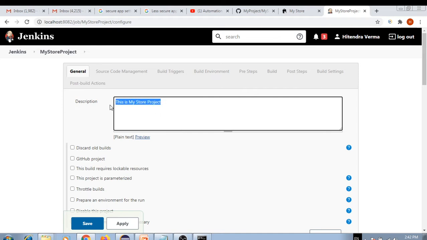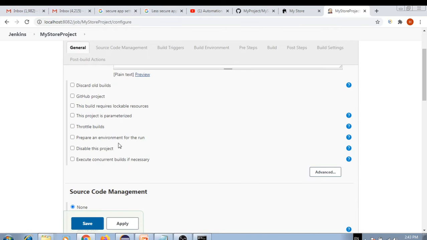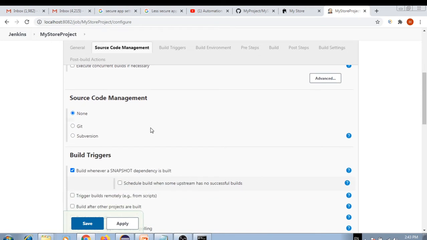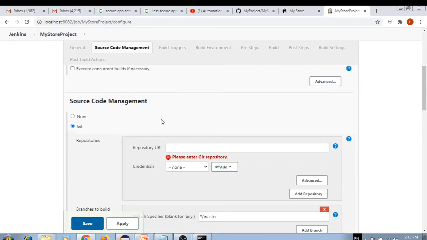This is my store project, so you can give any description. And yeah, we need to select this one. This project is parameterized. For parameterization, later on we'll do that. And just come back to this source code management. Since we are using Git for SCM, source code management, we'll select Git, and here we have to